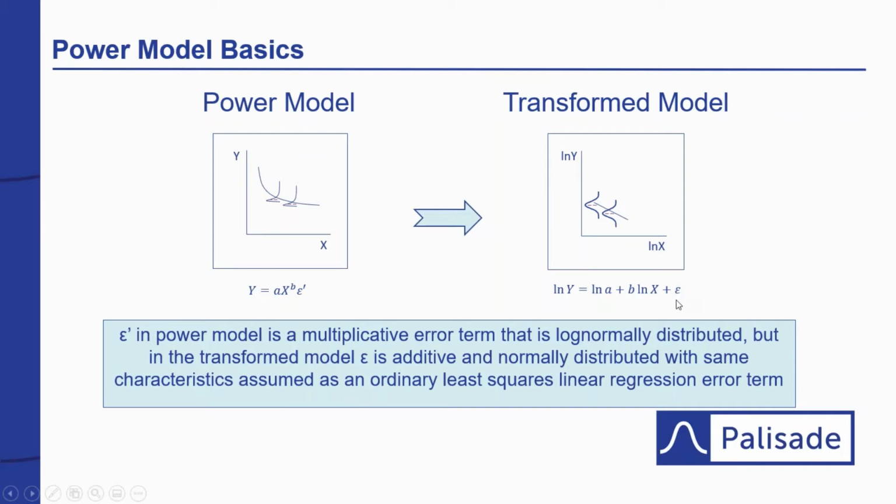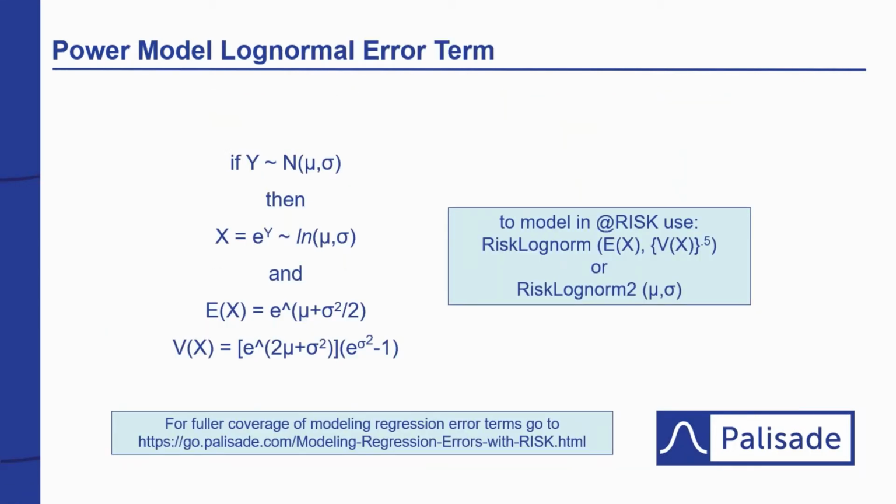Well, in transform space, it's additive normal. Back in the unit space, where you're talking hours and dollars or hours or dollars and specific units, it is a multiplicative log normal error term. And so that you know how to do this, if you're going to do it yourself,